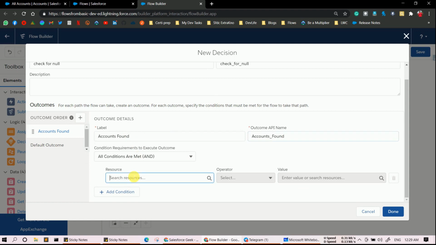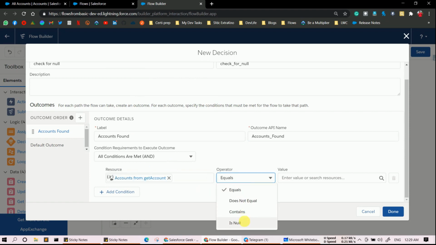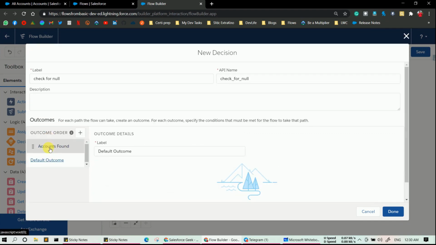In the Resource field, you need to select Account from Get Account, which is again our Get Records element. The Get Records element is a list, and we are going to check whether the list has some records or not. So we are using Is Null, and in the value, Boolean false. This condition will only pass to the next stage when our list contains some records.